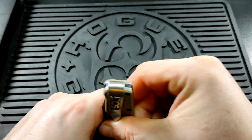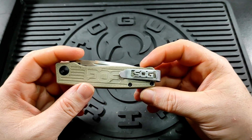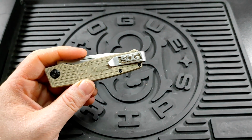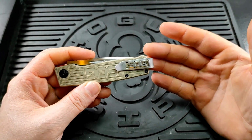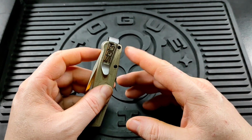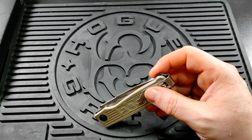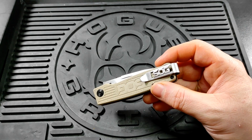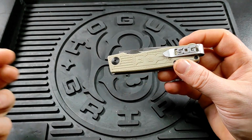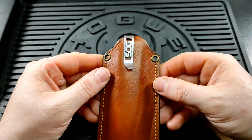The pocket clip on this is a lovely deep carry pocket clip, if not a little ostentatious. It does have their logo emblazoned on it. However, I don't think there are enough people that would know what SOG make to question it. I would prefer it to just be a standard one. I mean, I do like the look of this, but just for practical carry,